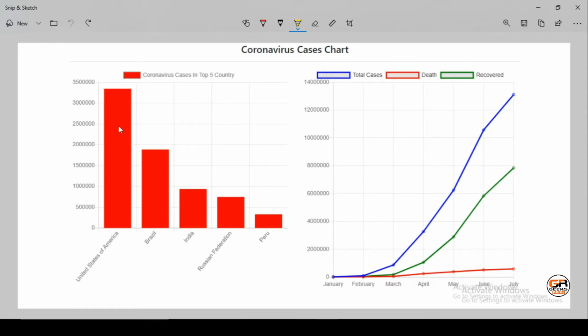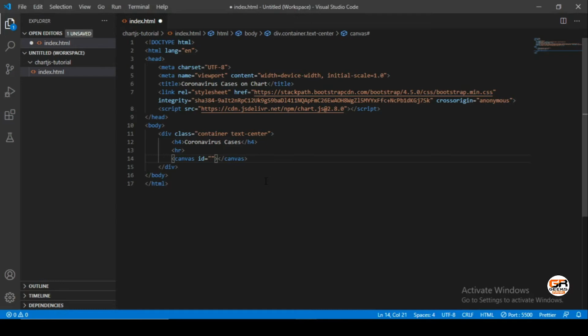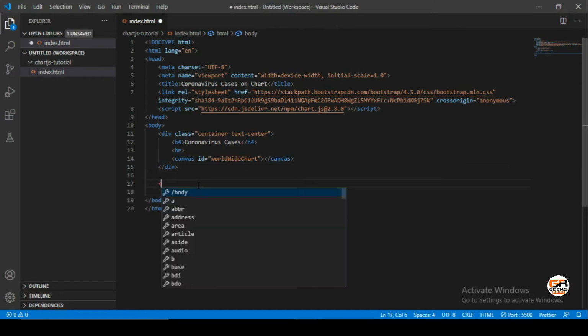Let's just put the ID for that, worldwide chart. Okay, let's add a script here.